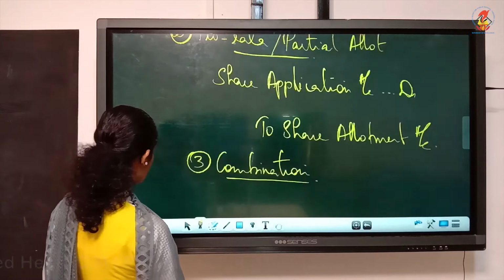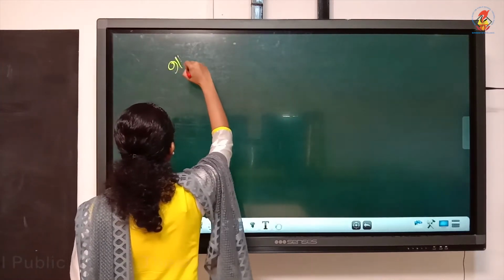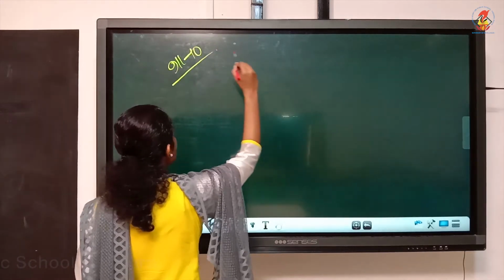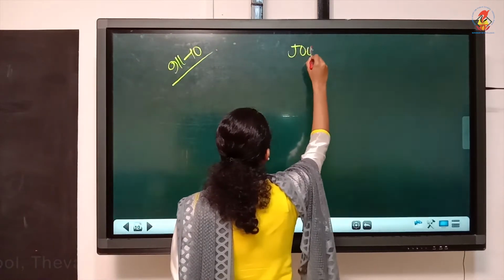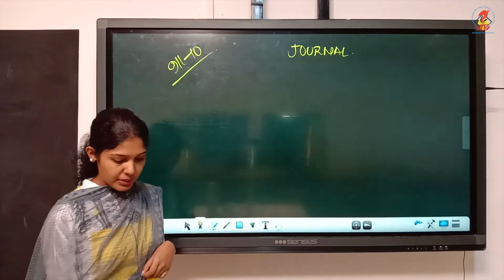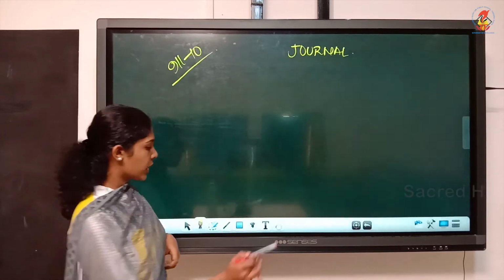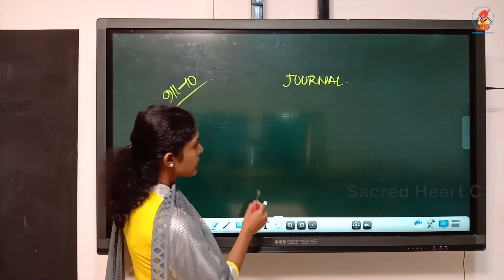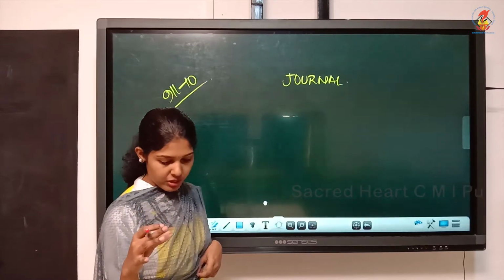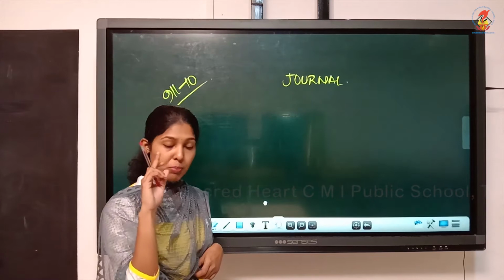So you give the page number and illustration number, that is illustration 10. Draw the format of journal. Just see whether it is installment or lump sum. 3 on application, 3 on allotment. Okay, so that is in installment. So we'll write the division first. We are issuing shares of rupees 10 each.